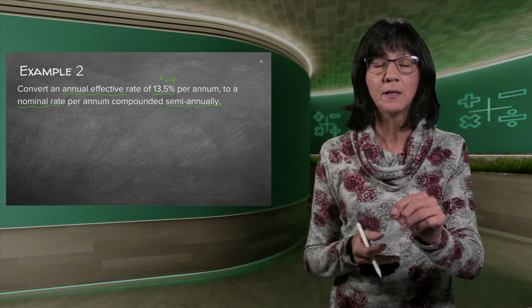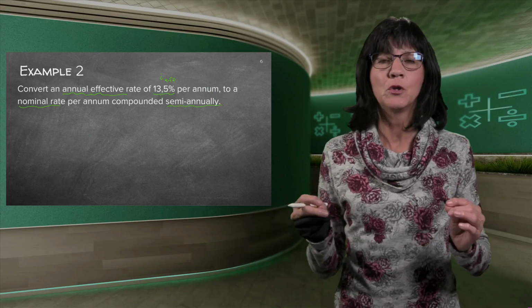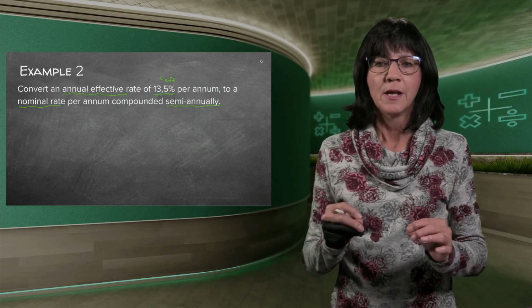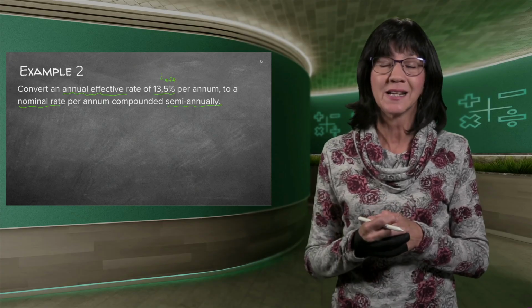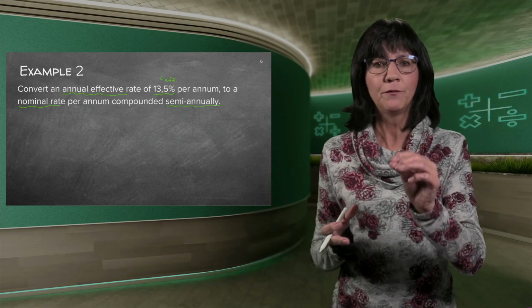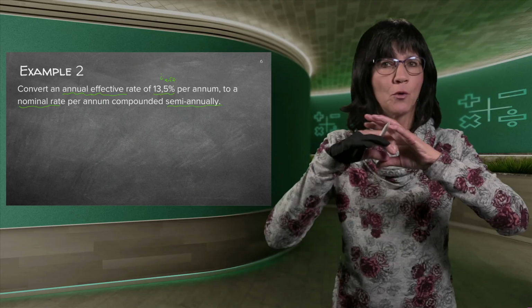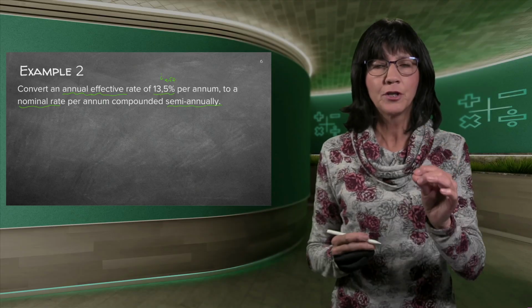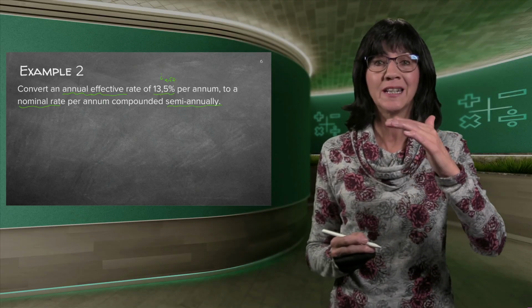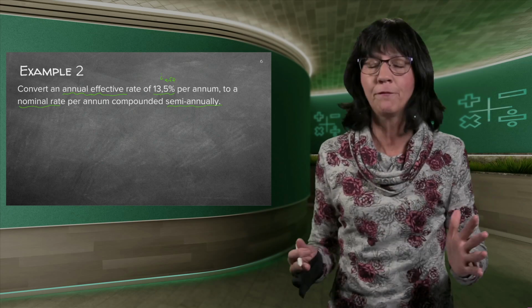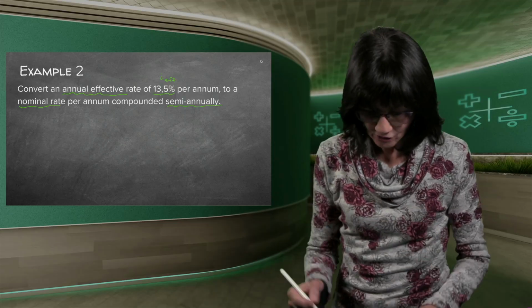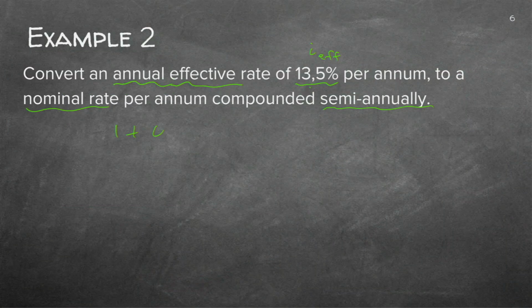Now, what did I say in the beginning? In all formulae, we use the nominal rate. So this is the one that you're most probably going to get in an exam, if you do get one. They're going to give you an effective interest rate. If you don't read carefully, you're going to use that rate and your whole sum will be wrong. So make very sure before you ever start slotting in any I into a formula, any formula, that it's the nominal rate. So I need my formula, 1 plus I effective is equal to 1 plus I nominal to the power of n.